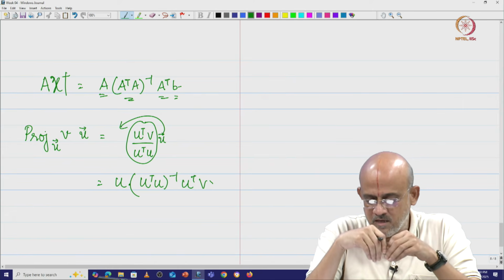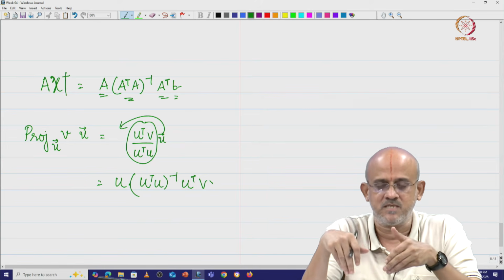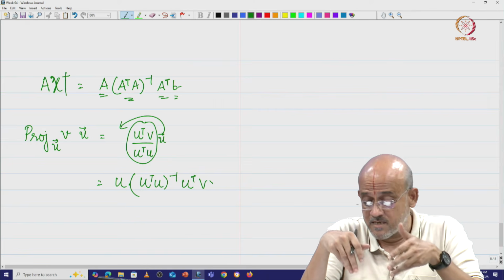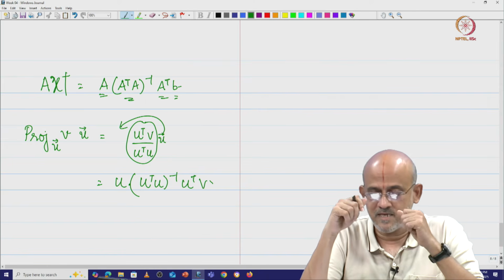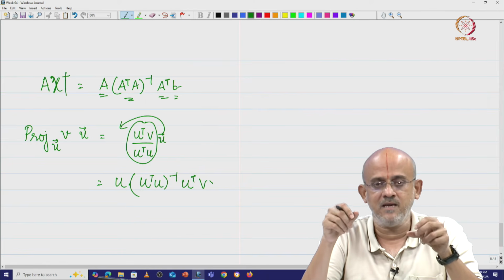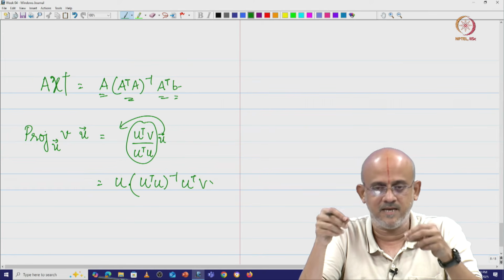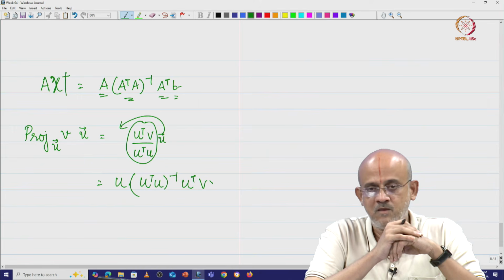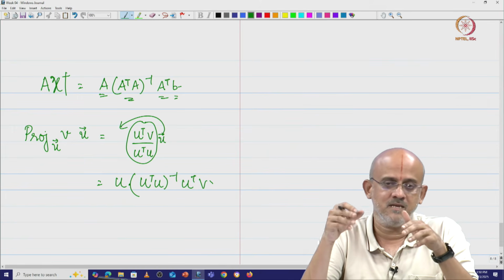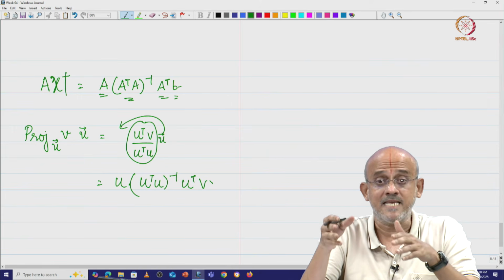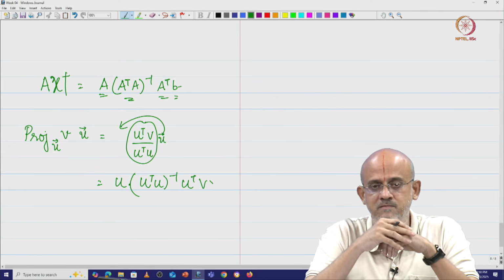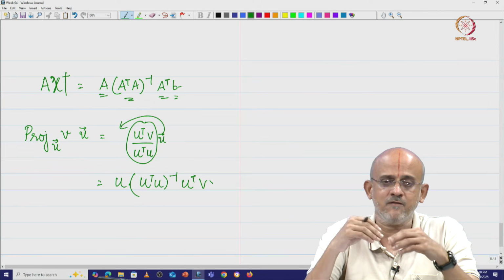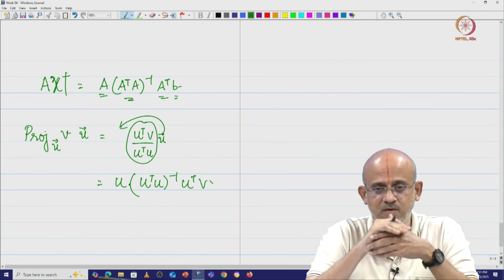So, in the next class we will take an example for this particular pseudo inverse and least squares fit. In this case, we have assumed that A transpose A is invertible, that means the rank of A and the rank of A transpose A and A transpose are all the same, and therefore we assumed that the matrix A is a full rank matrix. Only when it is a full rank matrix, that means if A is an m by n matrix and the rank is n, then A transpose A will be invertible. Now, what happens if we have a wide matrix where the rank of the matrix is equal to the number of rows and not the number of columns, and so on?